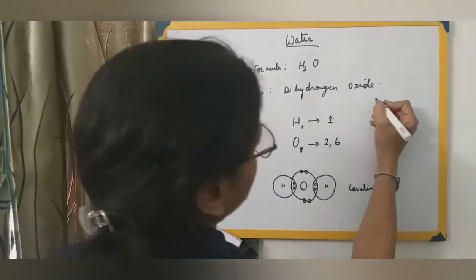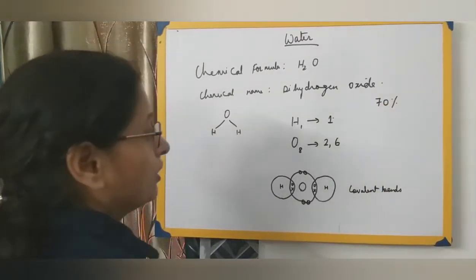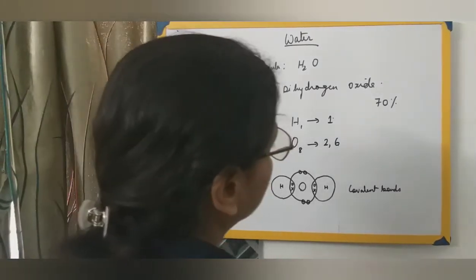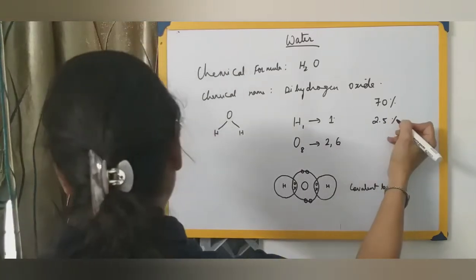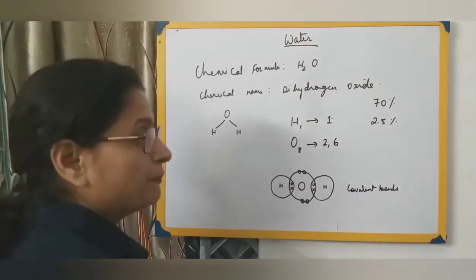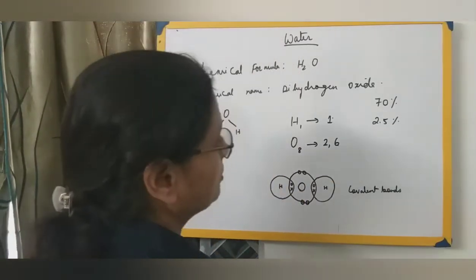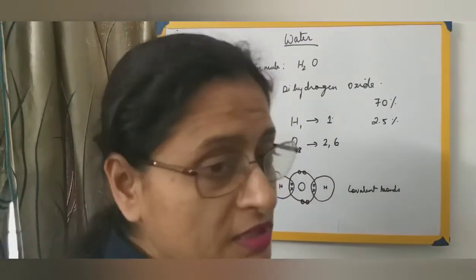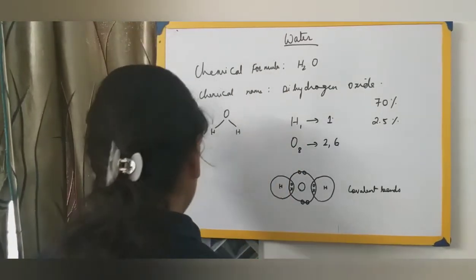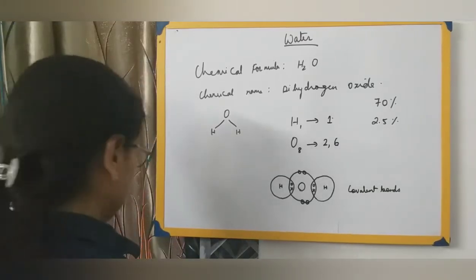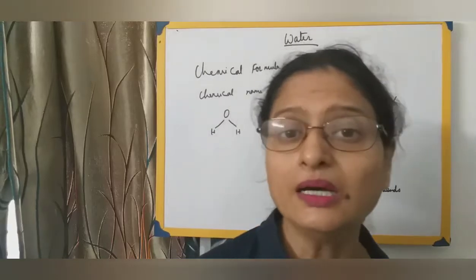Now around 70% of our Earth's surface is occupied by water, but out of that only 2.5% makes up the world's supply of fresh water. That means only this amount of water is useful; all the remaining water is in the seas, which contain various types of salts, and this is not good for drinking purposes. At the same time, we know that water exists in all 3 states, that is the solid, liquid and gaseous state.